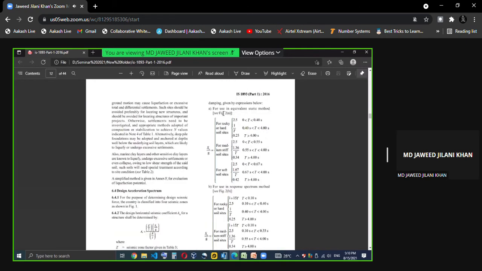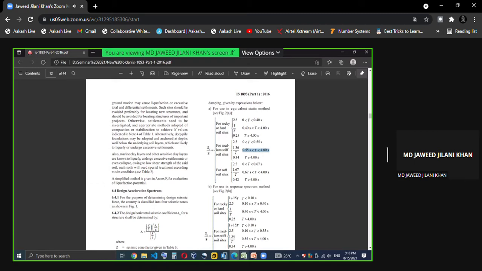Right now I'm going static. Our time period is 1.009 seconds. Our type of soil is medium, so this one. If the time period is between 0.55 and 4 seconds, SA by G will be 1.36 divided by T.